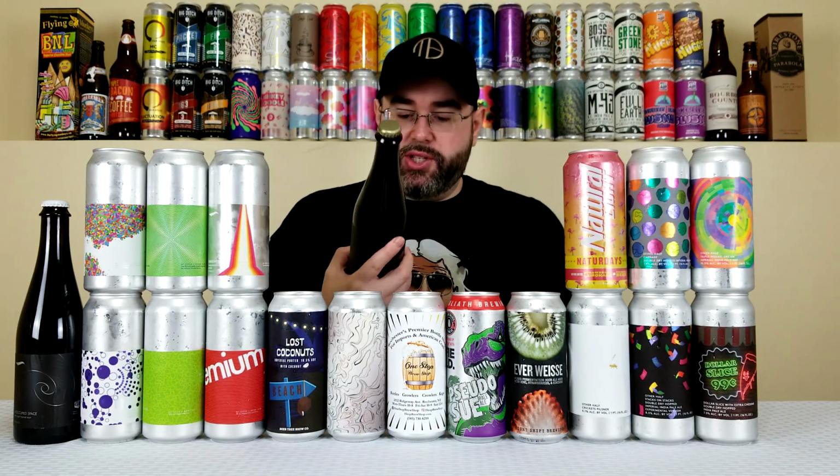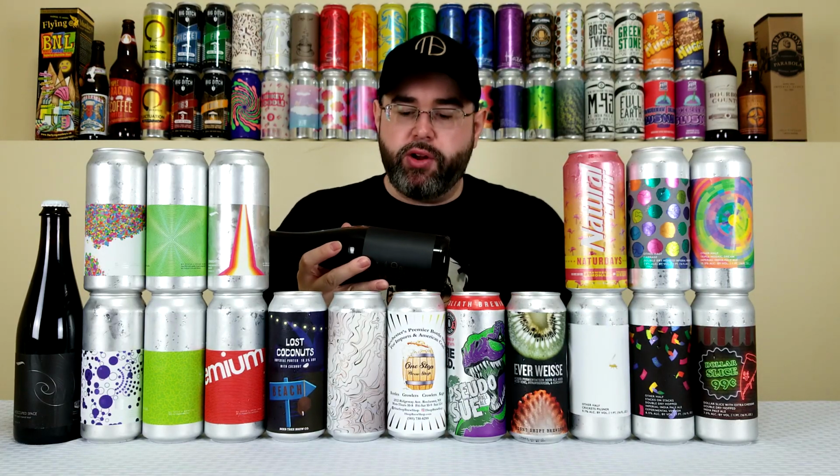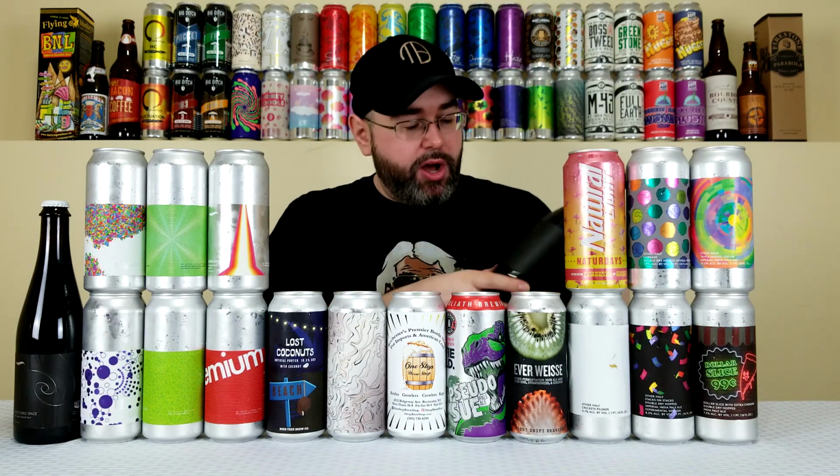So the beers I grabbed from Other Half, we have their Gold Strap. So this is, I want to say, a barrel-aged wheat wine. Yeah, barrel-aged wheat wine, aged 1 year in hand-selected Woodford bourbon barrels, 14.6% alcohol by volume. Now, I saw Matt over at Massive Beer Reviews do a review of that. He was really digging on it,